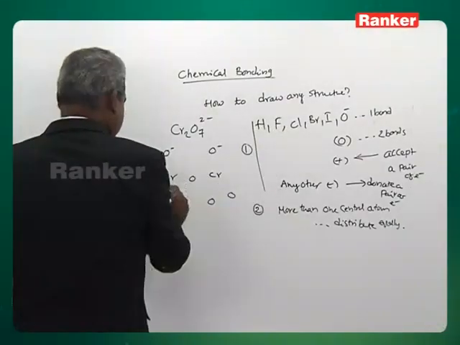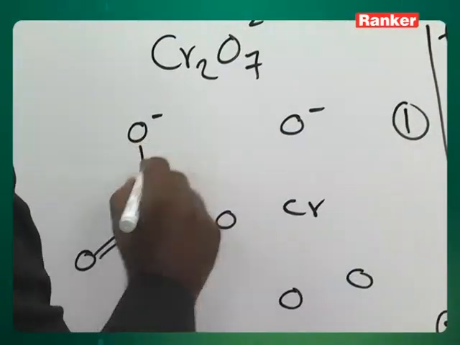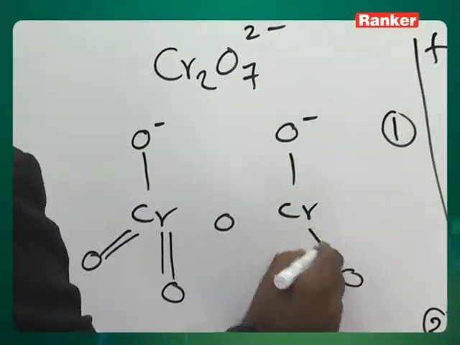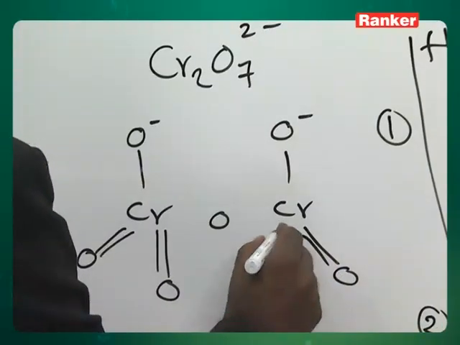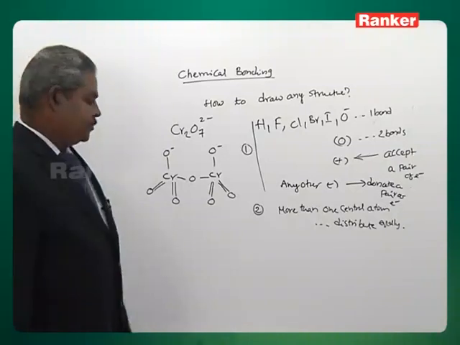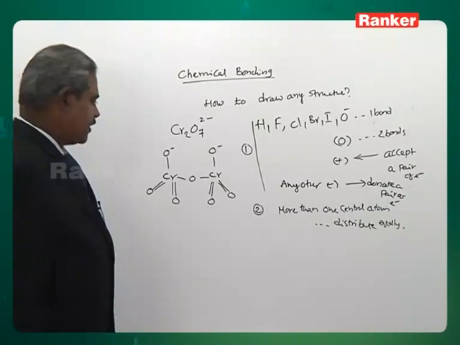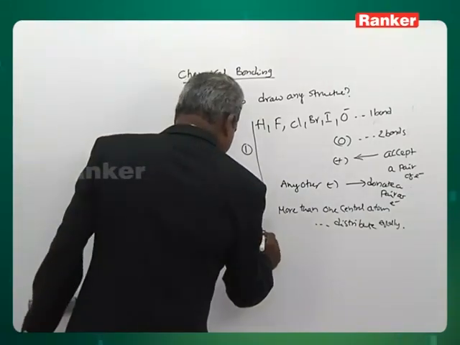Now what is the role of oxygen? Forms 2 bonds. O minus forms 1 bond. 1 each, that's all. Cr2O7 2 minus. So, more than one central atom, distribute equally. That is the second instruction. Third,